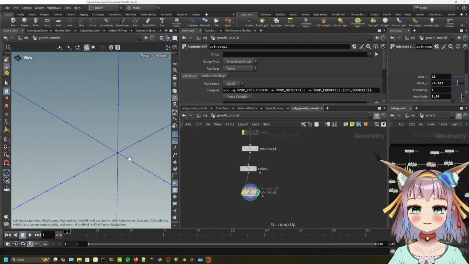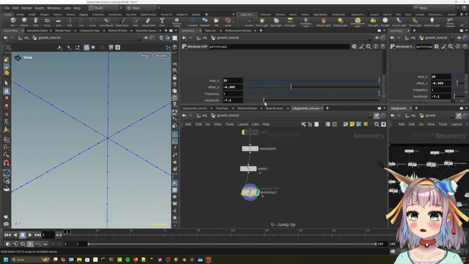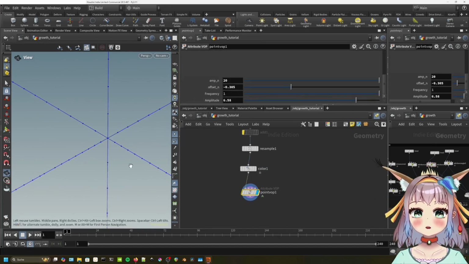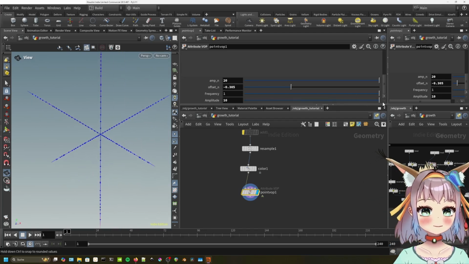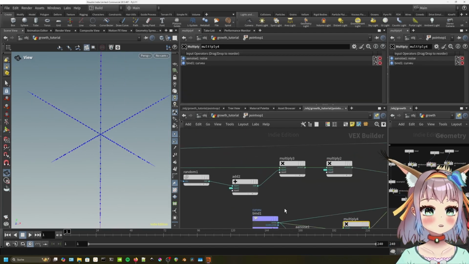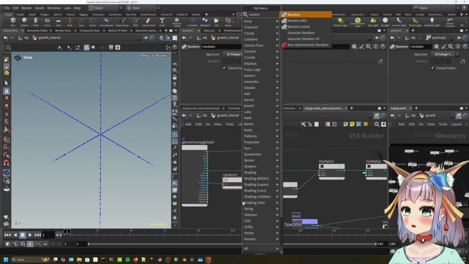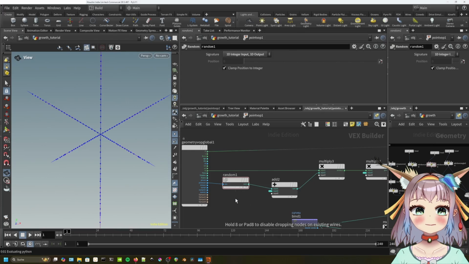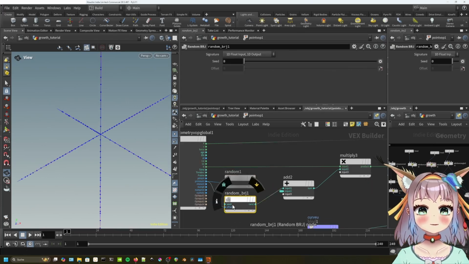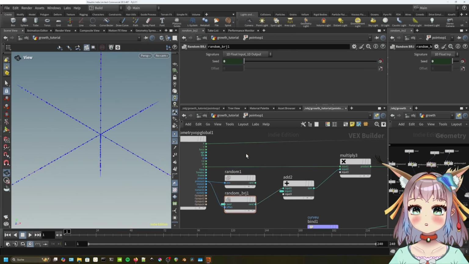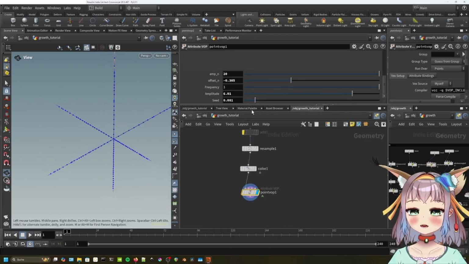And you can see, now the point shall not cross to the other side. And now we don't like the random node here because it does not let us control the seed parameter. So now I will add the random VEX here, where we can promote the parameter, the seed, and we have